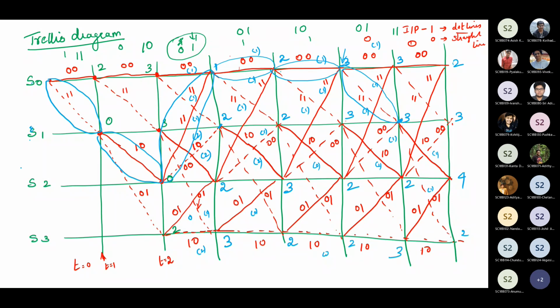I'm just checking whether I made a decision error here. So here previous state is what? 2. Okay, so this 2, here 3, here 3. So it means here only I made a mistake of choosing this 3. So again I'm taking the next path to see whether it is ending up with the S0 state or not. So this path is wrong because it is not ending up with the S0 state. So I'm picking this one. Next from here I'm checking 2 and 3. So this is the one. Okay. So from here, see last one, no need to check whether it is the lowest because it has to end with S0 state.